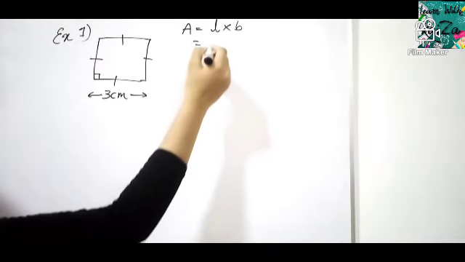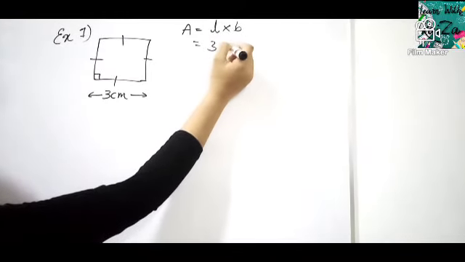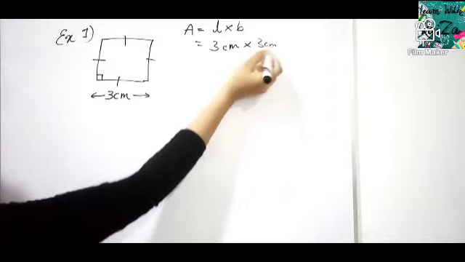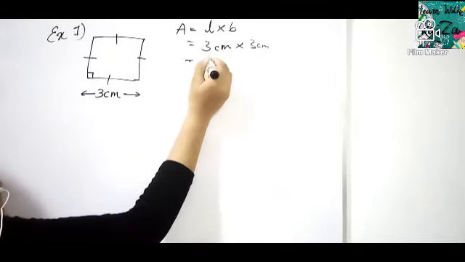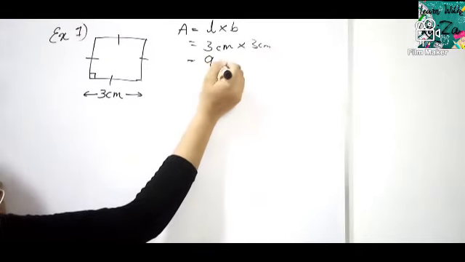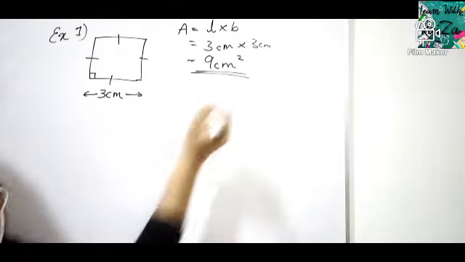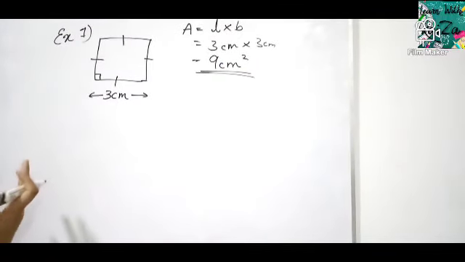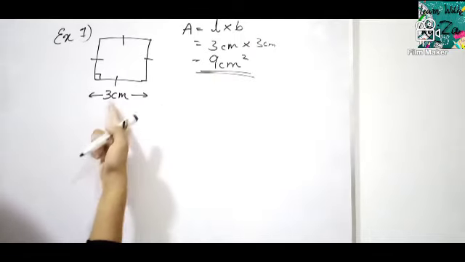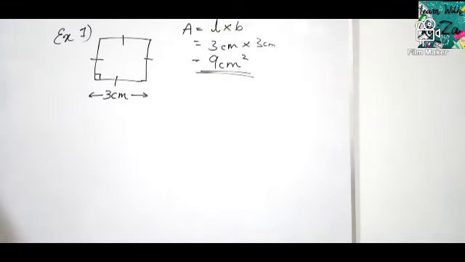So what is the length? Yeah, 3 cm. What is the breadth? 3 cm. So what is the area then? 3 times 3 is 9. Centimeter into centimeter is square centimeter. So similarly, here, since centimeter is given, the unit is square centimeter. If not, area is measured in square meters likewise.